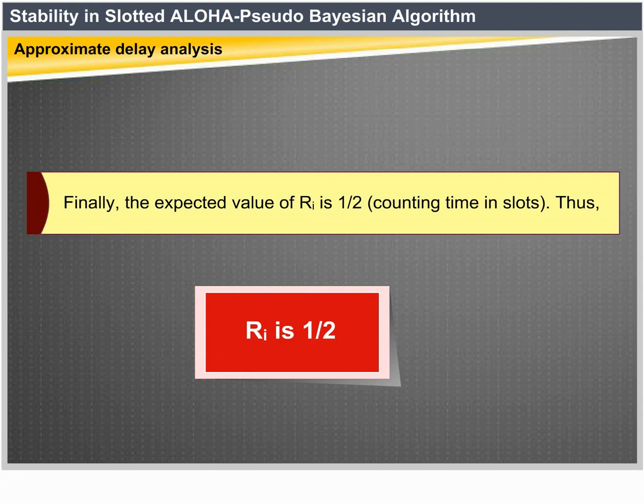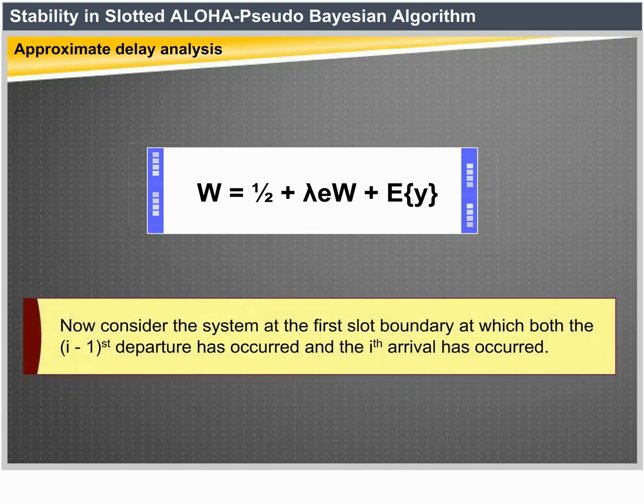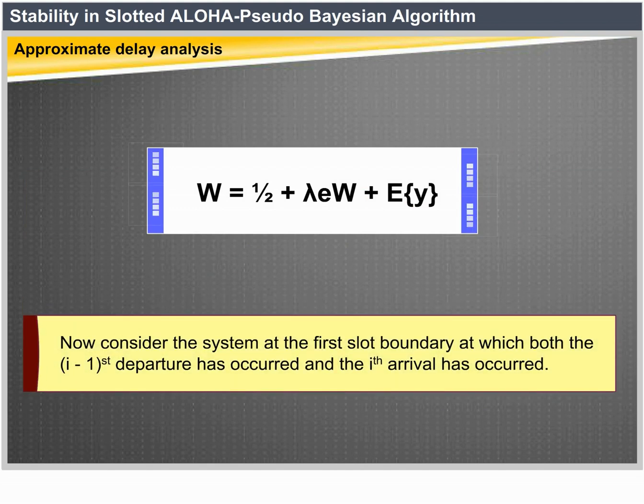Thus, W is equal to 1/2 plus lambda E[W] plus E[Y]. Now, consider the system at the first slot boundary at which both the (i-1)th departure and the ith